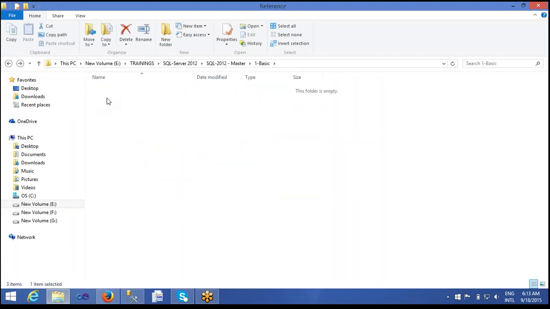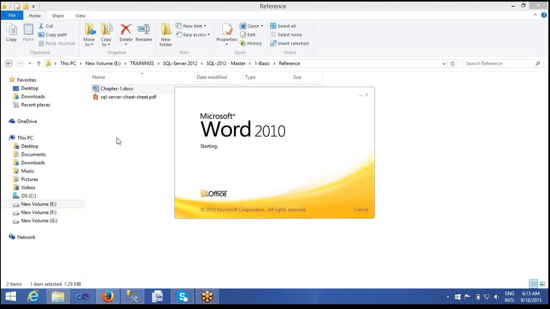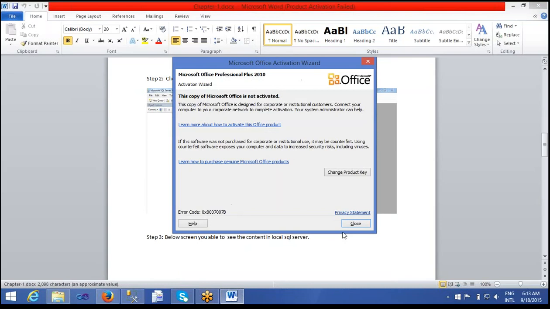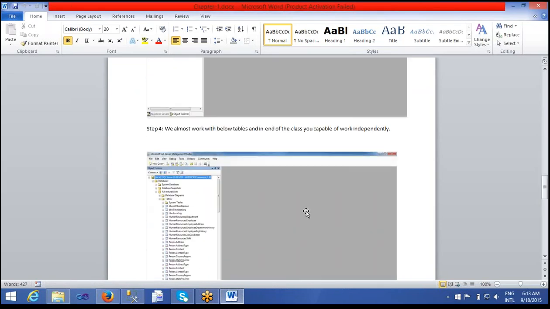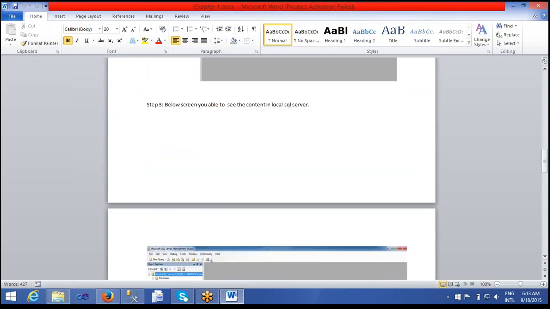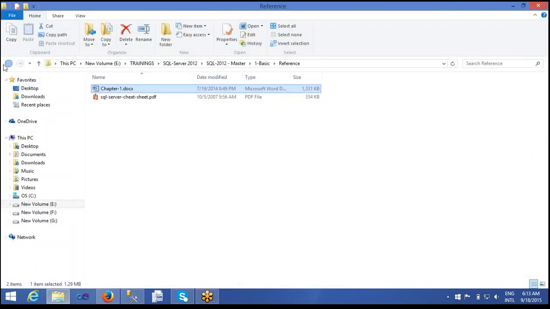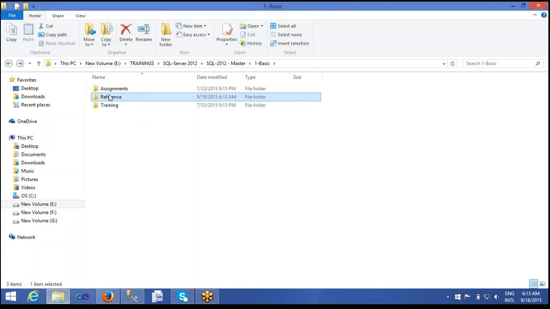And references. For example, today I learned something and tomorrow I want to refer to it. Then there is no need to go to books or online help. Here we prepare a nice document for you with screenshots so that you can refer to it if you have any doubts or need clarification. Once you've referred to it, I will give some assignments. Once each class is complete, I give an assignment so that I can understand how much you are able to understand, and if there are any corrections or doubts, I can clarify them at a higher level.